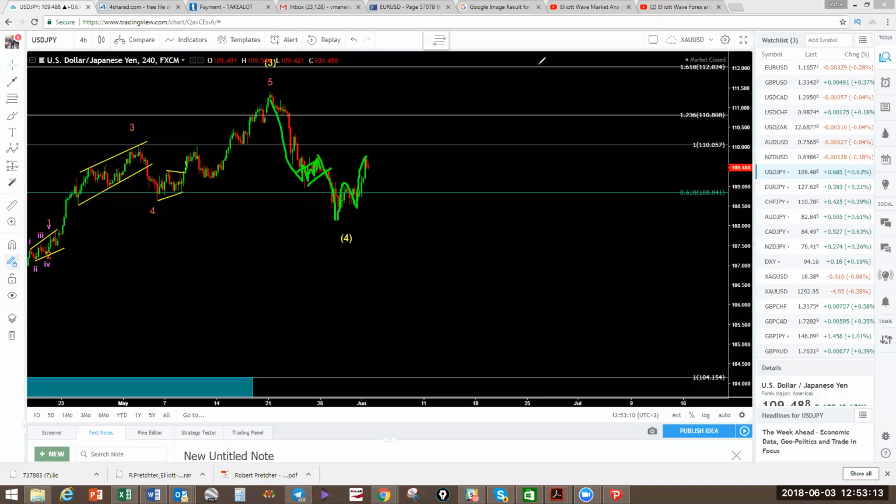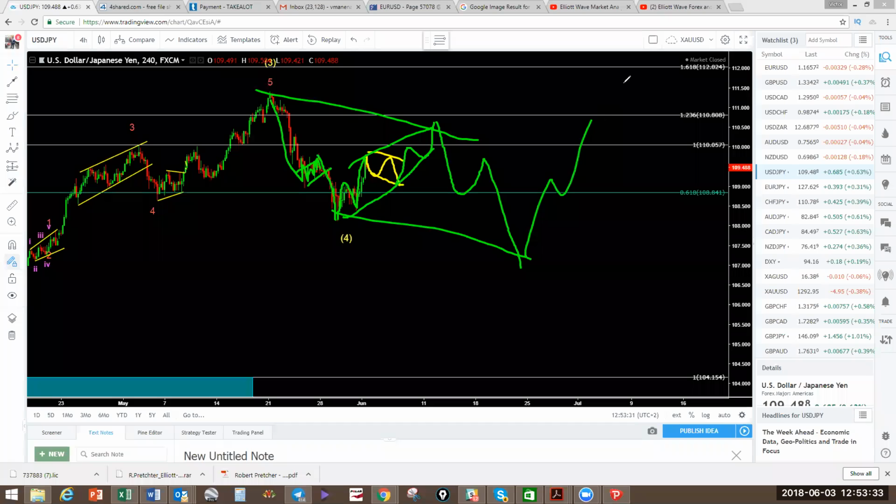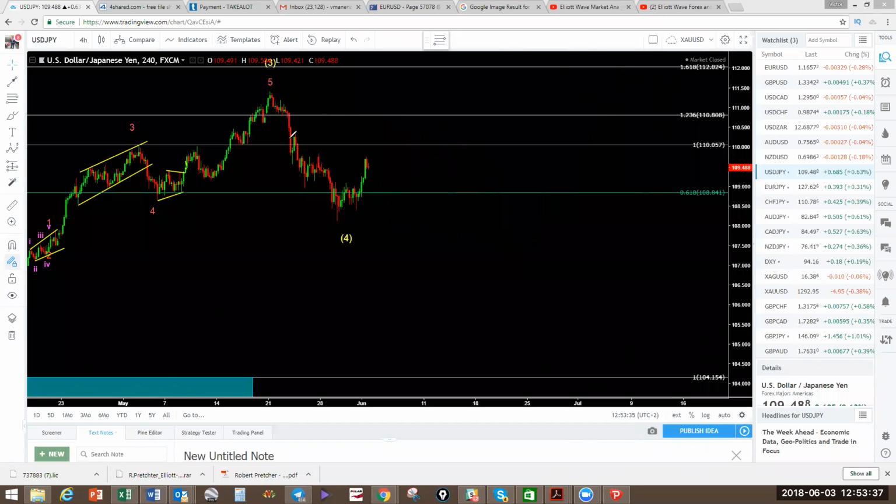This one is going to be a bit tricky because it's got an alternative count. It can either give you a 3-wave pullback like that and give you another green like that. Okay, let me just do it in green. And give you another green like that for upside. Okay, but if it does that, then it's going to give you this big green here, which is this big corrective structure for upside. Okay, or it can simply give you this 1, 2, 3 that may be a zigzag,